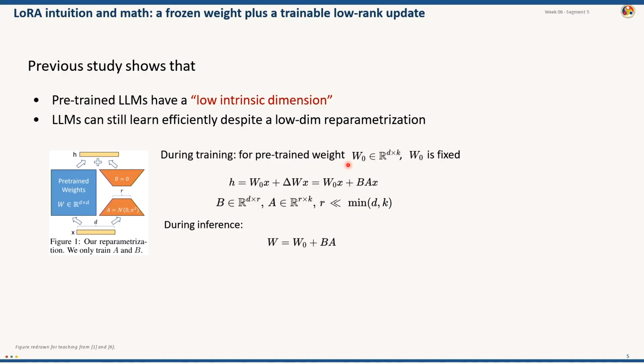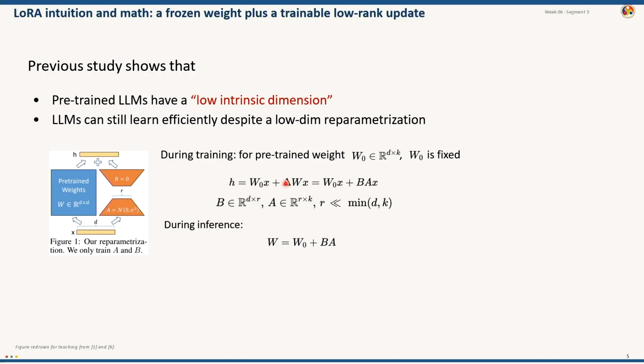So the assumption is you can decompose the full matrix into 2 low-rank sub matrices, let's say B and A, and you learn these B and A values, and in the end you do the matrix multiplication and add it to the previous frozen value, which is W0, and you get the updated weights. So in the 5 by 5 matrix, how many elements were there in complete fine tuning? 25. But if I break that into 2 sub matrices, B and A, which are 5 by 1 and 1 by 5,